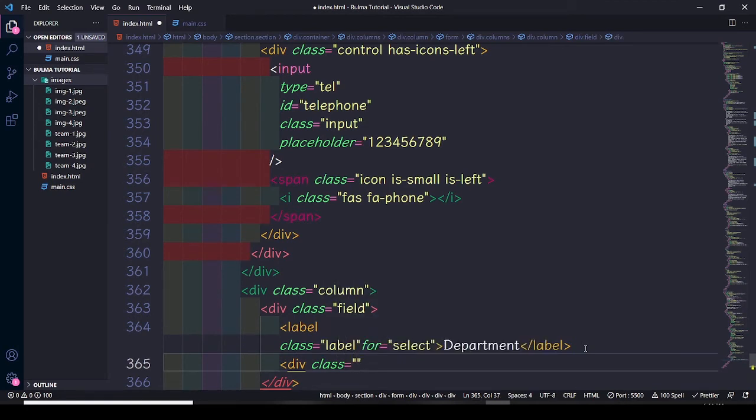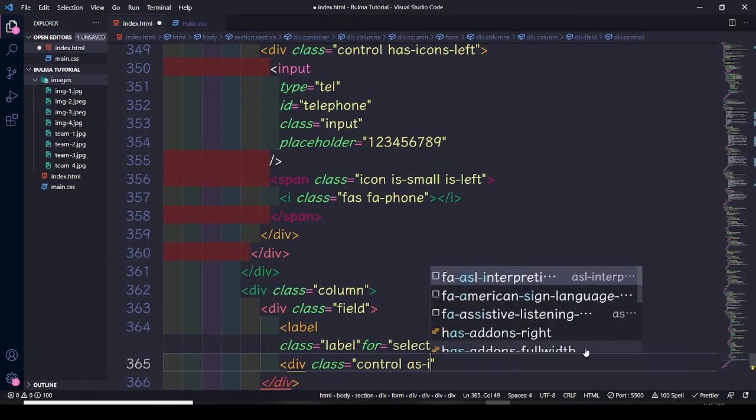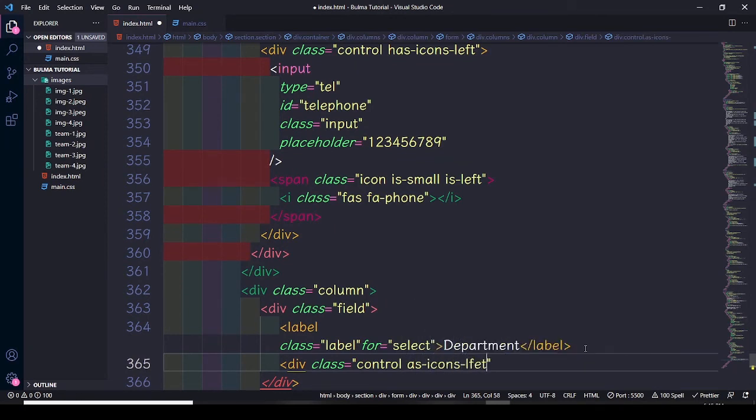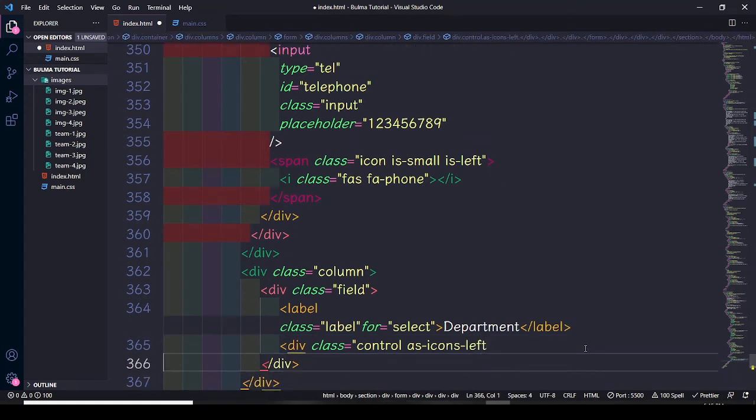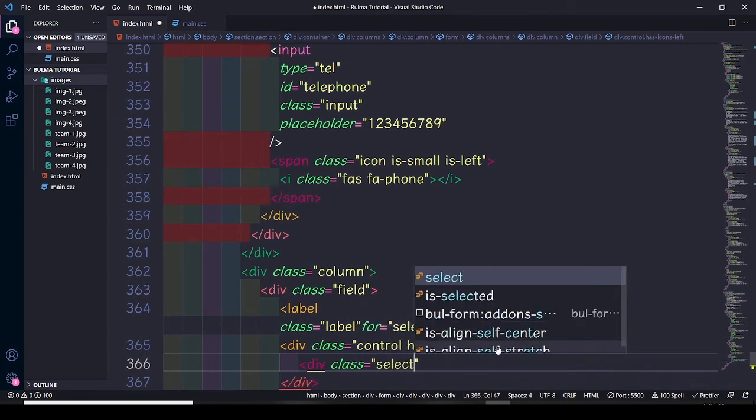This class is gonna be control, has icons left. Okay, and we need div, assigning it a class. It's gonna be select,